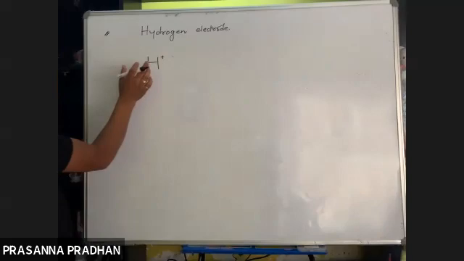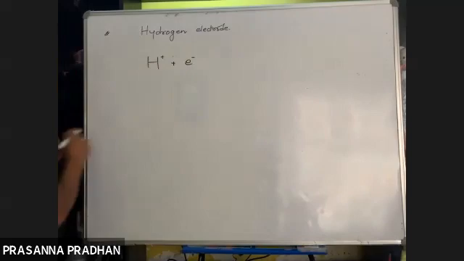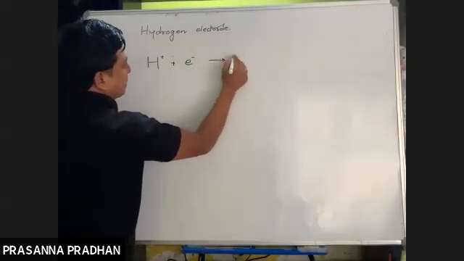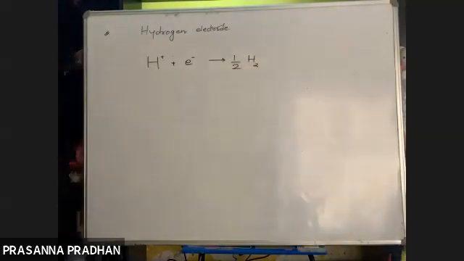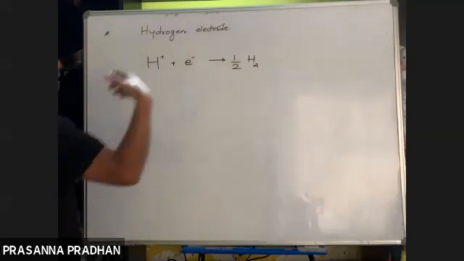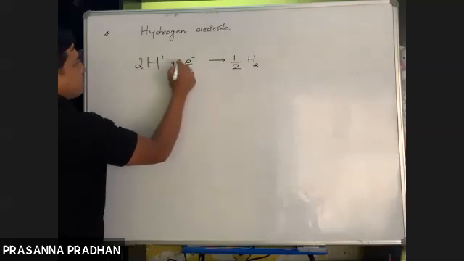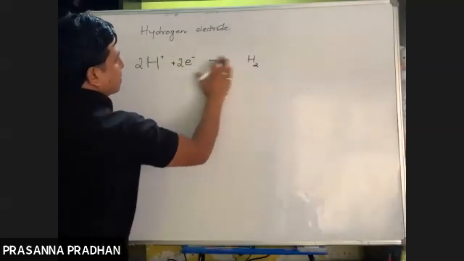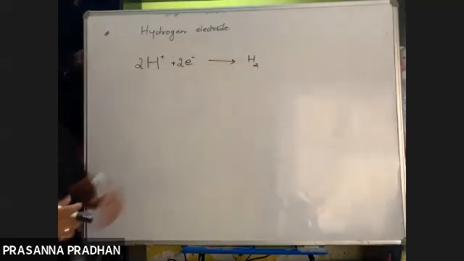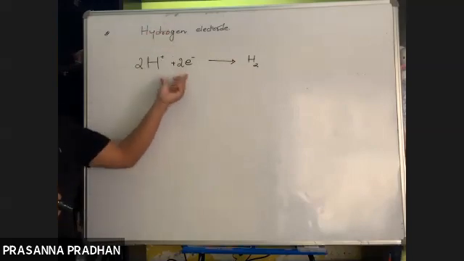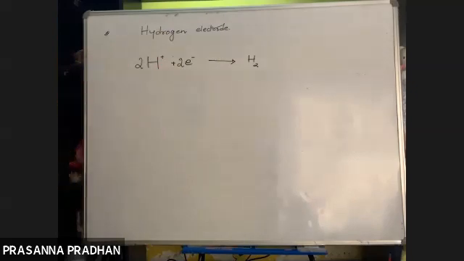So when a hydrogen electrode undergoes reduction, the reaction is going to be, we have H positive ions. We have done this in the earlier class, right? Plus it undergoes reduction, means it gains an electron, like this. As it gains an electron, it gets converted into hydrogen gas. It can be written in this way, or if you multiply throughout by 2, it can also be written in this form. So this is the electrode reaction for a hydrogen electrode, which occurs at the standard hydrogen electrode. We have already learned this.